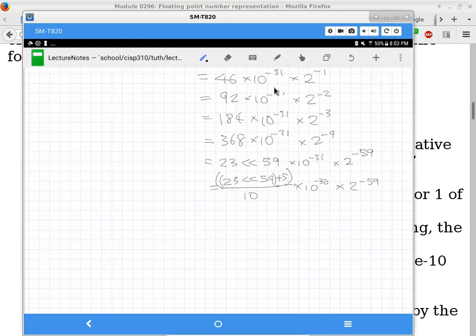Yep. We add 5 every time we divide by 10. So if you want to do 10 to the 31, it should be 5 to the 31. Say that one more time. You mean this one here? Yes. Well, that's implicit. Yeah, that part is implicit. So the point of adding 5 is just so that when the truncation actually happens, it weights it to work like a round. Yes, absolutely. That's exactly what the plus 5 is.